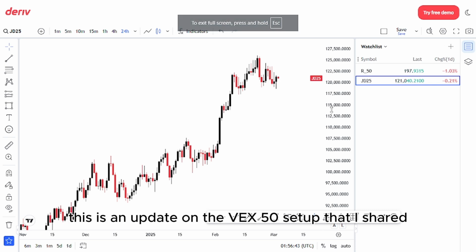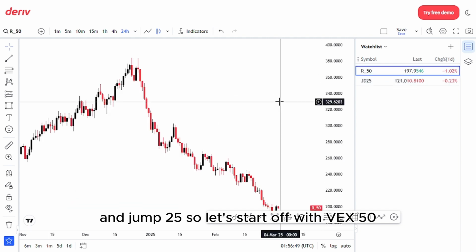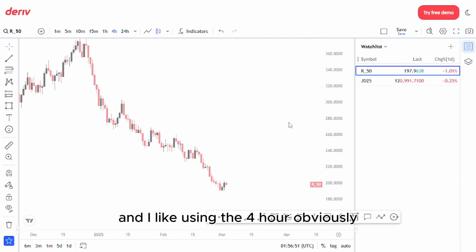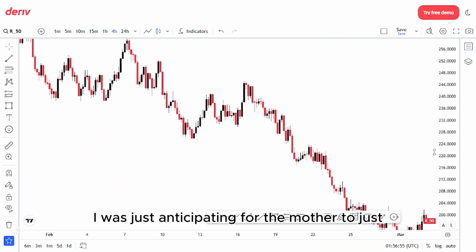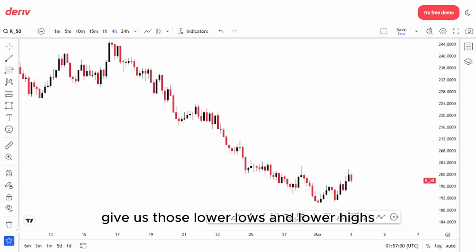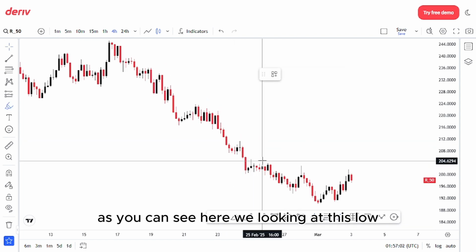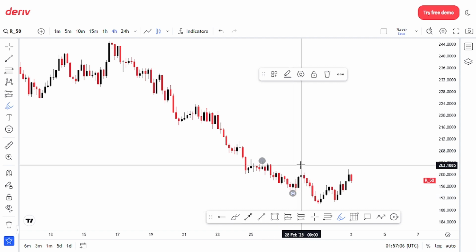Okay guys, this is an update on the VEX 50 setup that I shared and Jump 25. So let's start off with VEX 50, and I like using the 4-hour, obviously. On the 4-hour time frame, I was just anticipating for the market to give us those lower lows and lower highs. As we can see here, we're looking at this lower high here, lower low, lower high, then